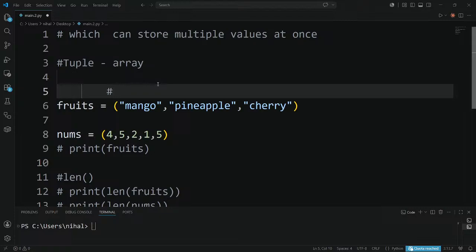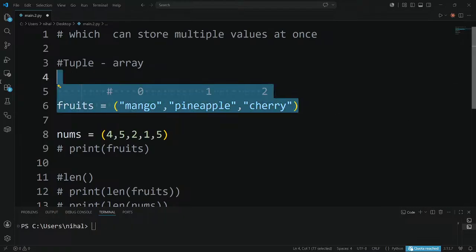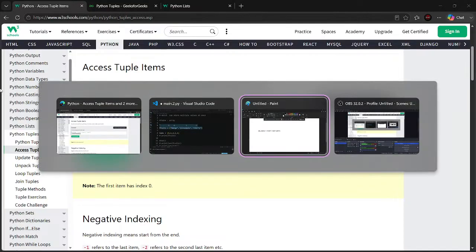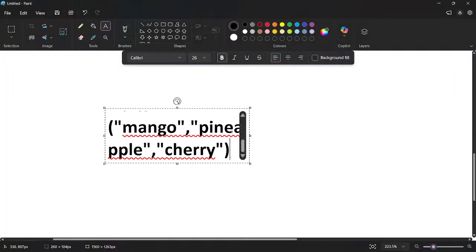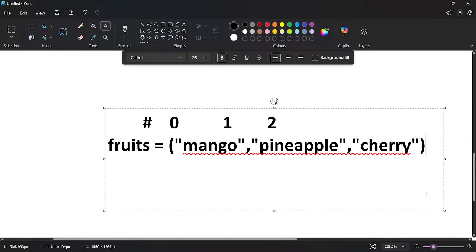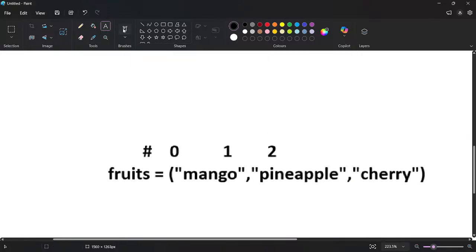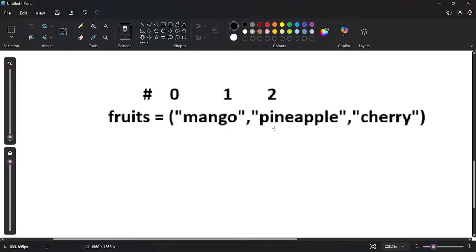So the mango will be on the 0th index, pineapple on index 1, and cherry on index 2. Let me copy this and put it in paint. If I want to access this pineapple, which is on index 1,